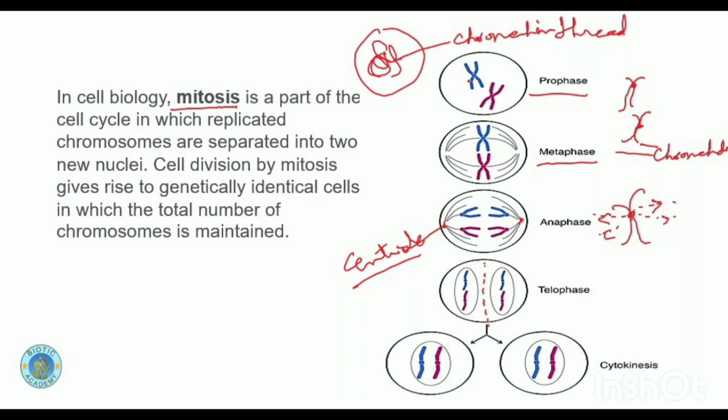Don't get confused that here it is two chromosomes. It is not two chromosomes. It is basically the chromatids which are held by the parent chromosome. So in this way the process of mitosis helps the living organism to increase in size and to grow the cells and to have new cells which are genetically identical to the parent cell.